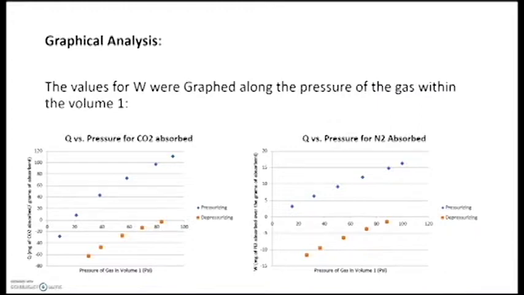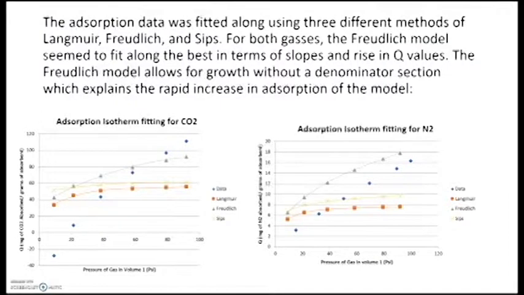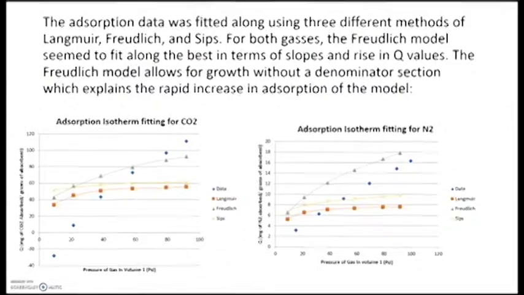Graphical analysis. The values for W were graphed against the pressure of the gas within volume 1. They are as follows. The adsorption data was fitted using three different methods: Langmuir, Freundlich, and Sips. For both gases, the Freundlich model seemed to fit best in terms of slopes and rise in Q values. The Freundlich model allows for growth without a denominator section, which explains the rapid increase in adsorption of the